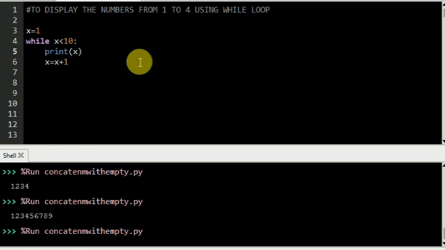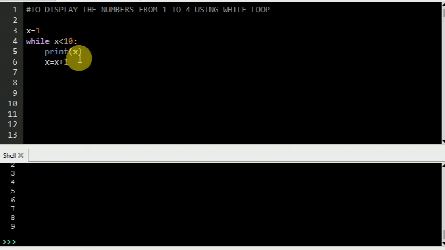In the same way, if you want to print the numbers in a decreasing order, you just need to change the values. Decreasing means that it's going to start from 10 and go up to 1. When this is done, the sign is also going to change. It's going to be greater than or equal to, meaning 10 is greater than 1, and it is not going to be incremented, it is going to be decremented.